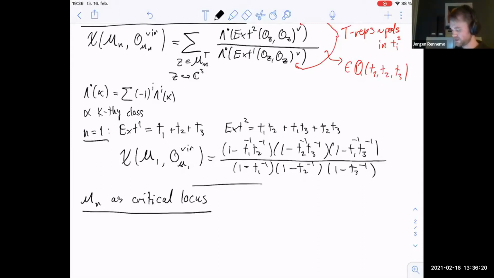But if you're dealing with counting sheaves on a Calabi-Yau threefold, it's at the heart of much of the technology you use in order to compute these, the observation that